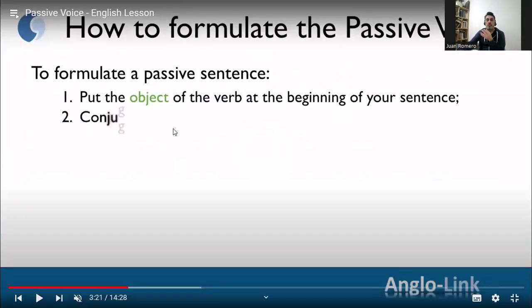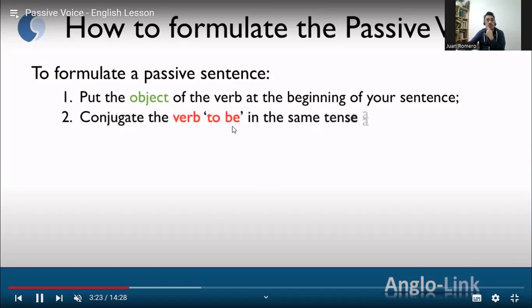So we do this. If we put the object, I drive my car, the car goes first. Put the object of the verb at the beginning of the sentence and then conjugate the verb to be in the same tense as the active sentence. For example, it depends. If I drive my car,